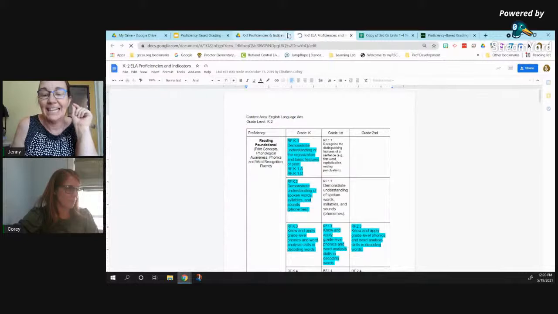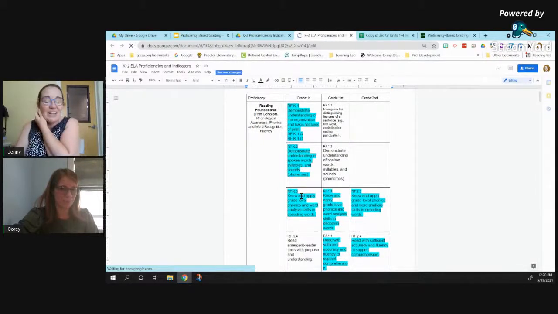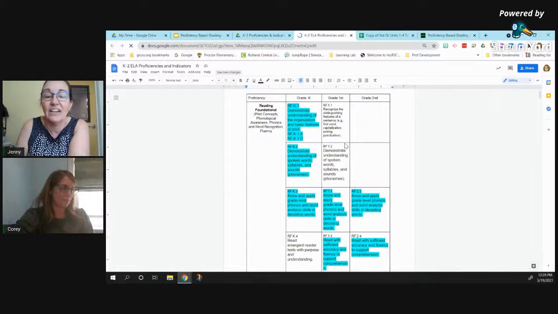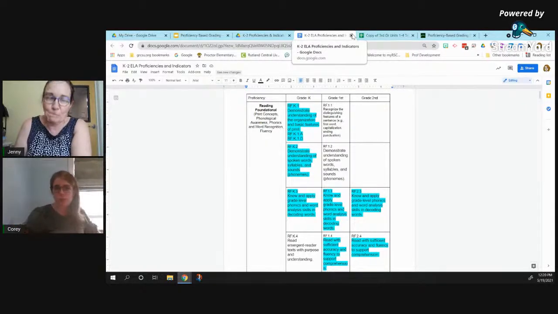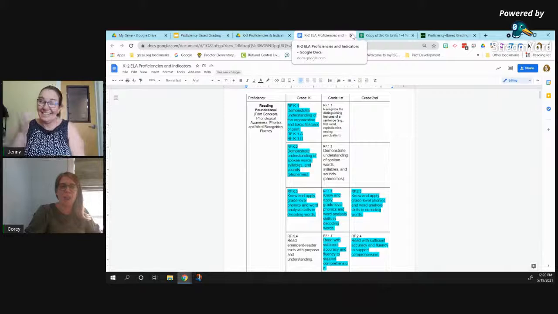So all of those highlighted standards, again, are the must-haves, your must-dos, if you will, that are important to make sure are done. And then the other standards that are not highlighted are absolutely still standards you can work on, but they're not the ones that we're as concerned about as those highlighted ones. Does that make sense? Yes, the essential standards are the highlighted ones. It doesn't mean you don't teach the other ones. It's just, right, if you're not specifically assessing them, that's okay. Right, exactly.